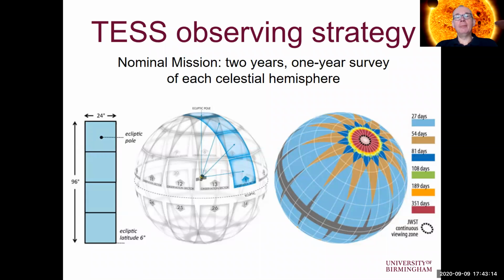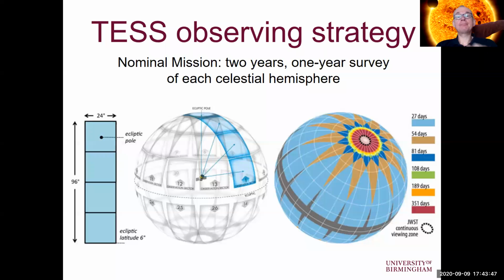So here's another image representing again the observing strategy. Again, here you can see in this left-hand image how each of the 4 cameras is observing a small patch of sky, which combines to form a strip that's observed across any one month. And again, as you move on in the next month, you observe the next strip and so on. So that after 13 of these sectors, so each sector actually lasts about 27 days,